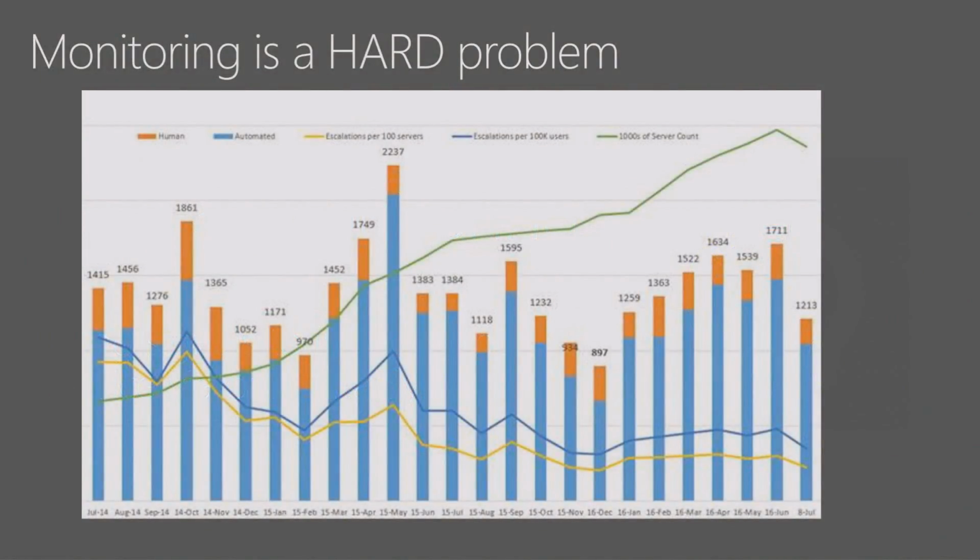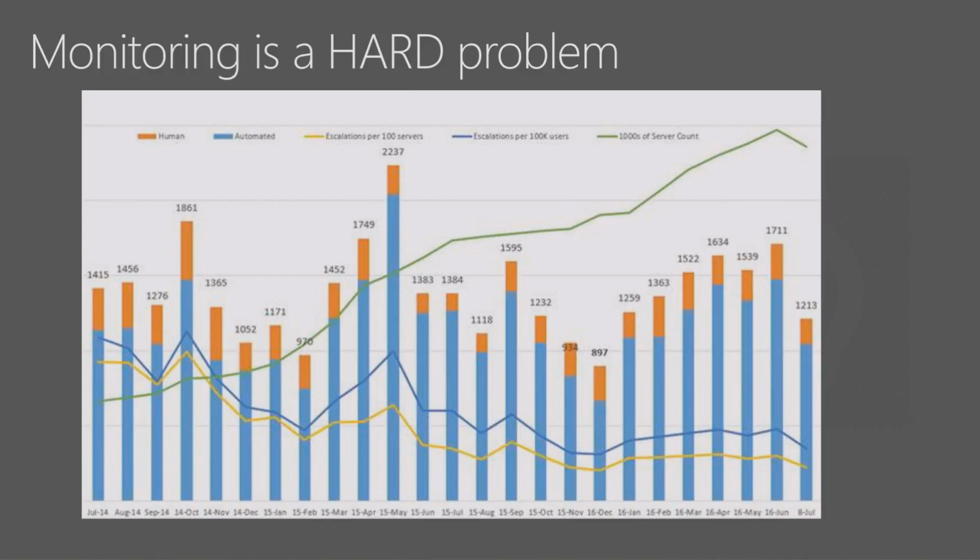This is a slide that if you were an engineer in the Exchange team, you would be very familiar with. We look at this probably every month, and it represents a really important metric. What it tracks is essentially the number of red alerts, which we'll talk about later, that are generated on a monthly basis. Well, why is this important? Every time we have a red alert, essentially the engineer gets paged. And so our goal, obviously, is to minimize the number of red alerts we get in the service while ensuring we don't miss any incident.